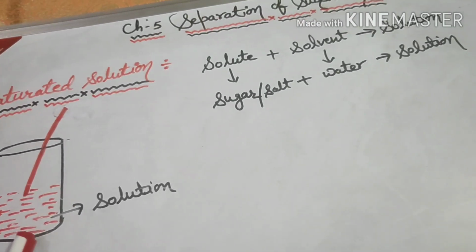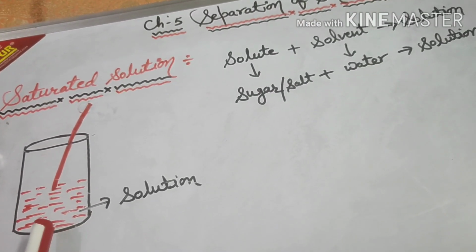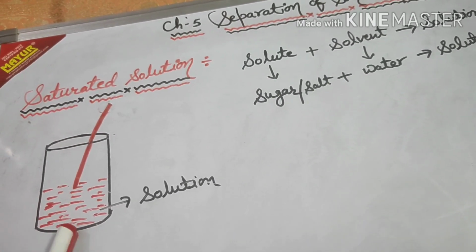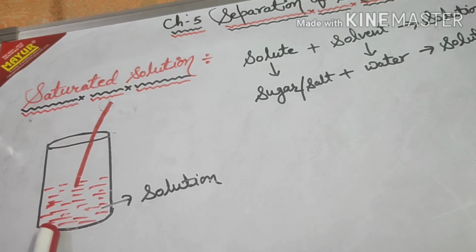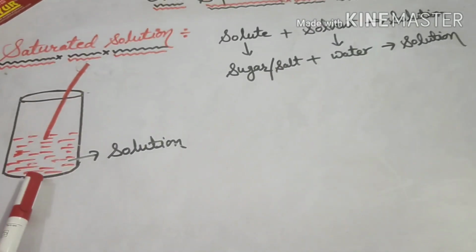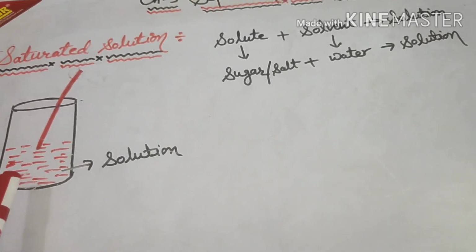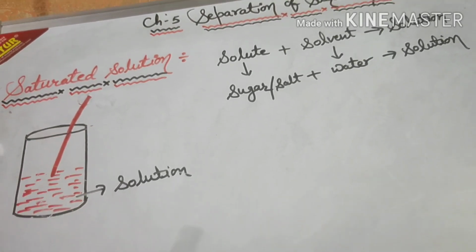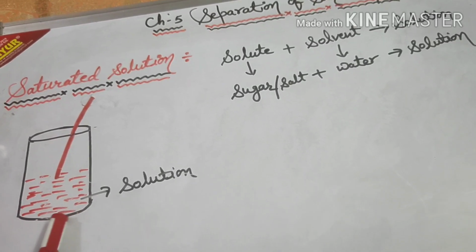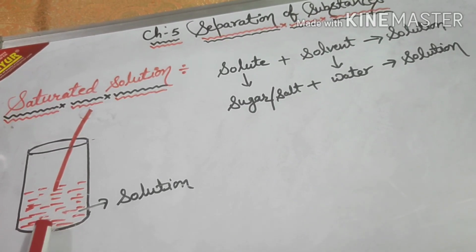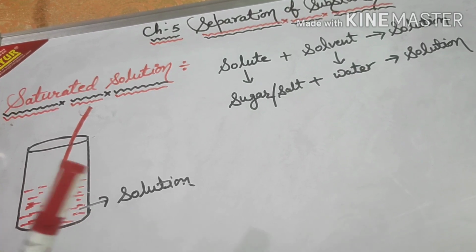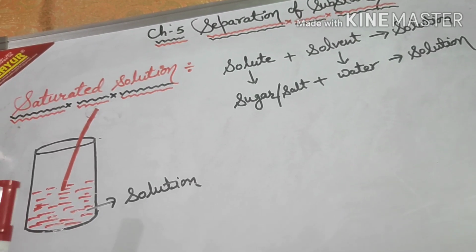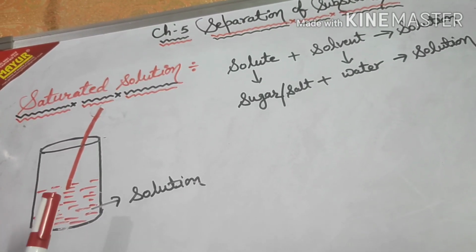No, because if I have 1 glass of water and I add 2 kg of salt into it, do you think it will get dissolved? Of course not. All right, so there is a limit beyond which if we keep on adding more salt, it will not dissolve. So the salt will remain at the bottom of the water. That limit up to which the water can dissolve the salt being added is called the level of saturation. So saturation means the upper limit.